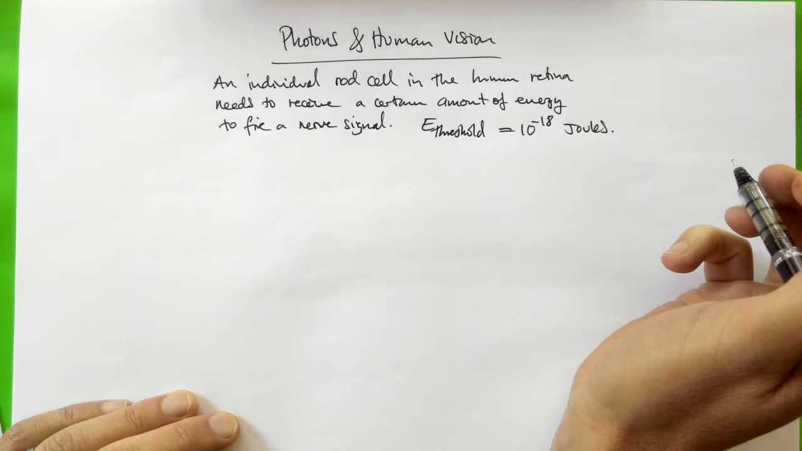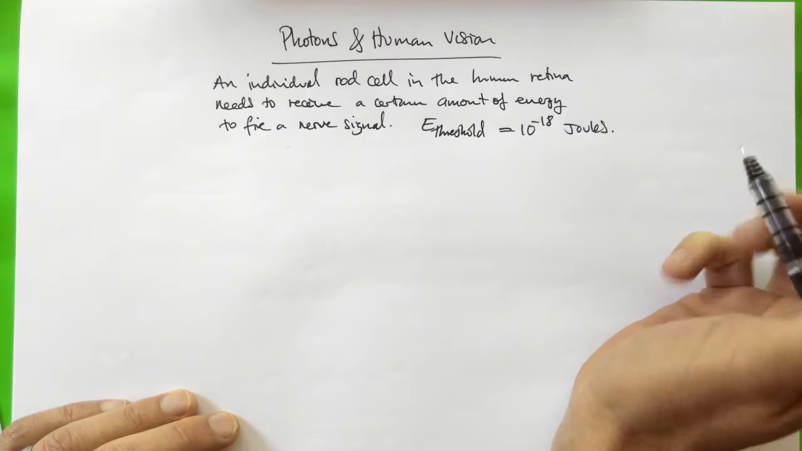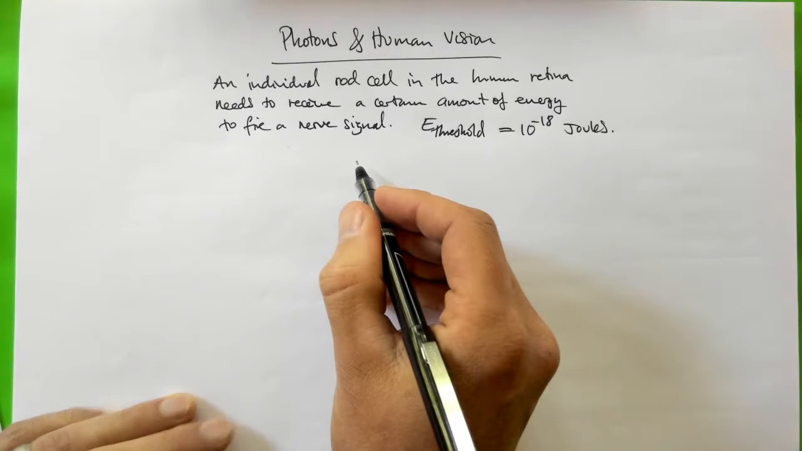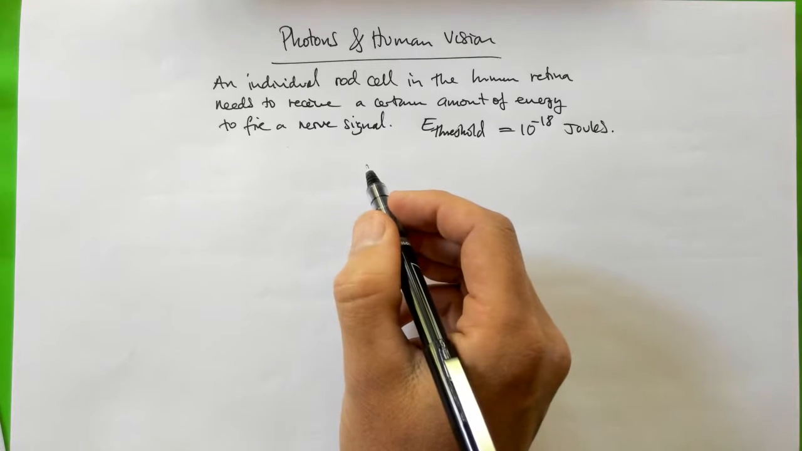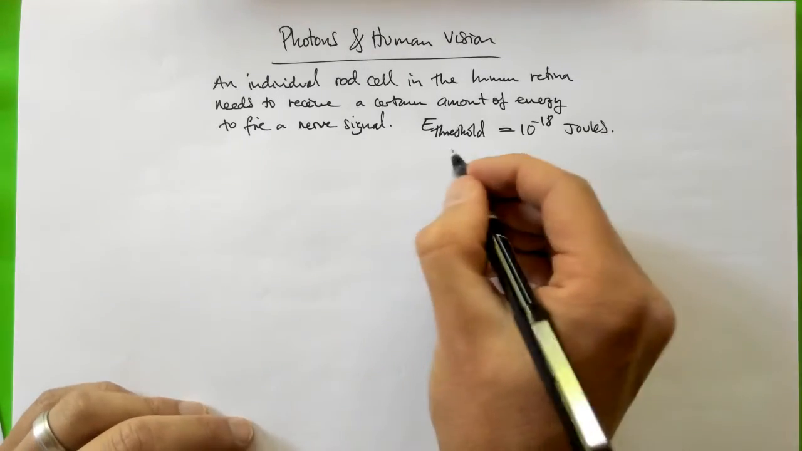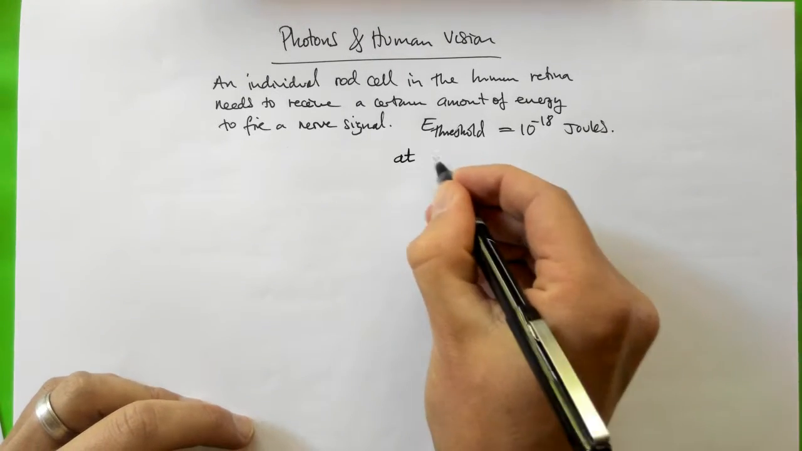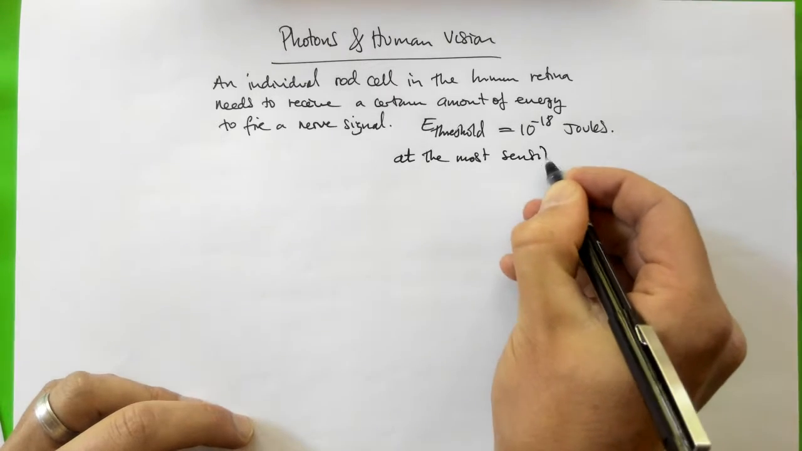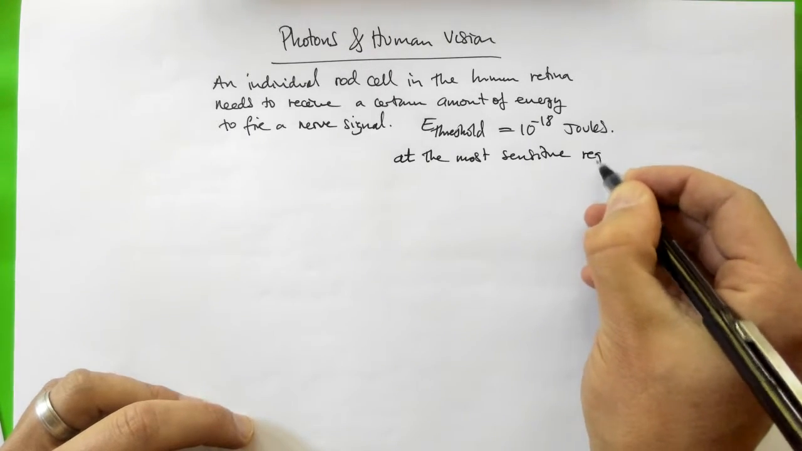So you can go and look this up and find out exactly what kind of cell this is for and exactly what wavelength. So let's imagine that this is the threshold that is required at a certain wavelength, and let that certain wavelength be the part of the spectrum where the human eye is the most sensitive. So at the most sensitive region of the spectrum,